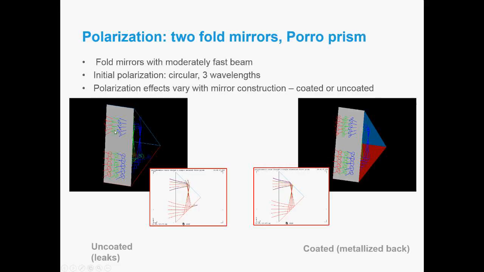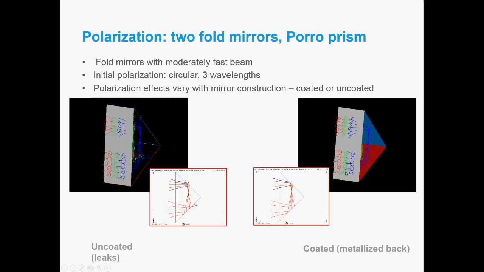And another thing that is worth describing here for the uncoated case, notice that the polarization ellipses for red, green, and blue, and those are actually three different wavelengths I'm tracing, are different. And why is that? Well, it's because the index for blue is higher, meaning that the critical angle is a little smaller so that I can stay outside the critical angle more easily in the blue than I can in the red. And so as the index decreases going from blue to red, the ability to get throughput at off-axis angles